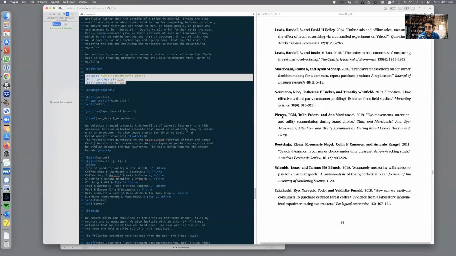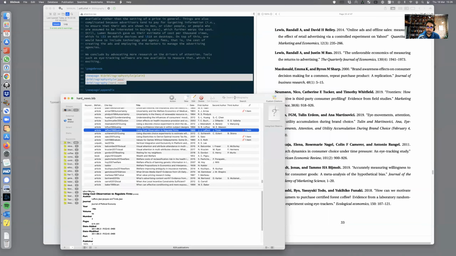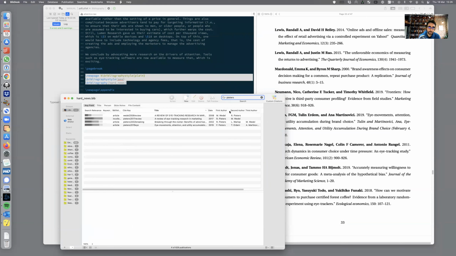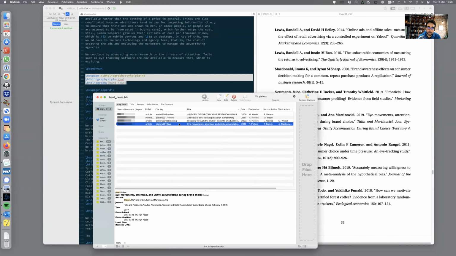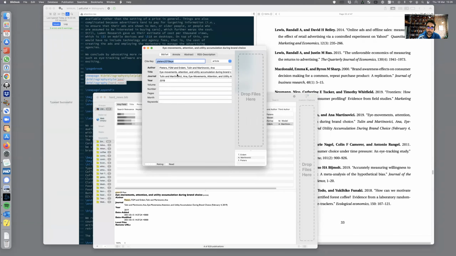So for instance, this reference is here, Peters, Martinovici. We can just go here and do Peters, and it's the 2019 one. So it's this guy here. And we see here that the journal name has been entered incorrectly. So we could either fix that manually,